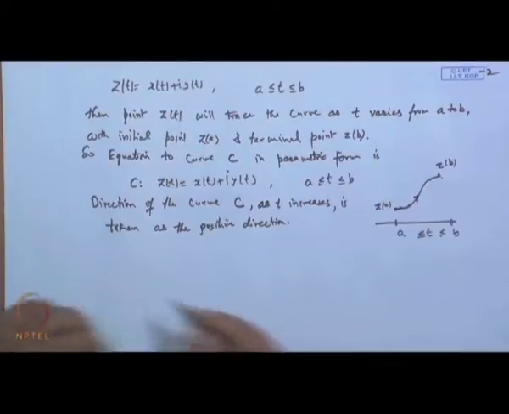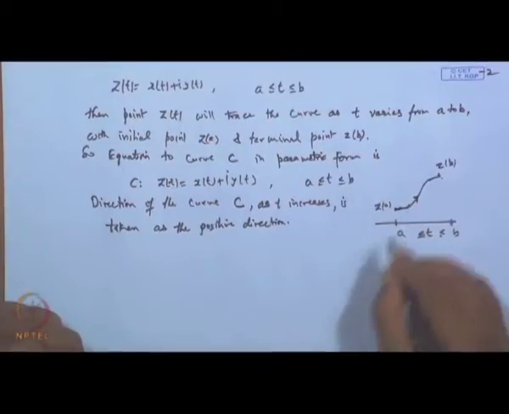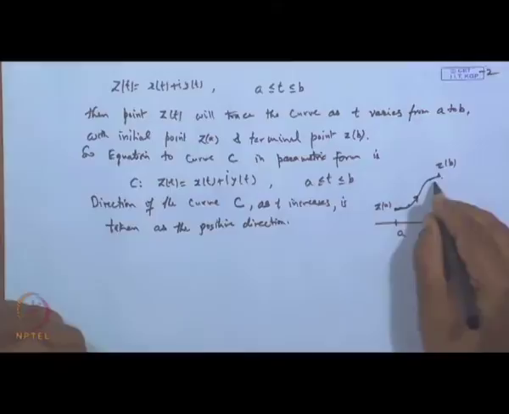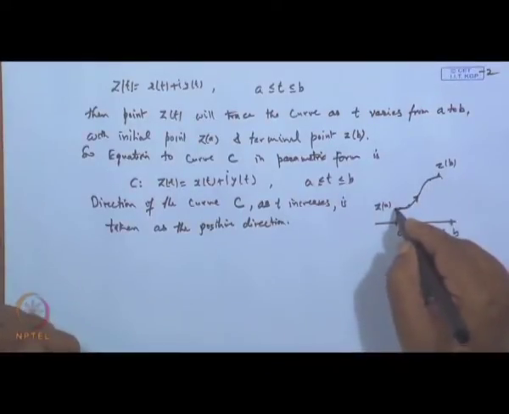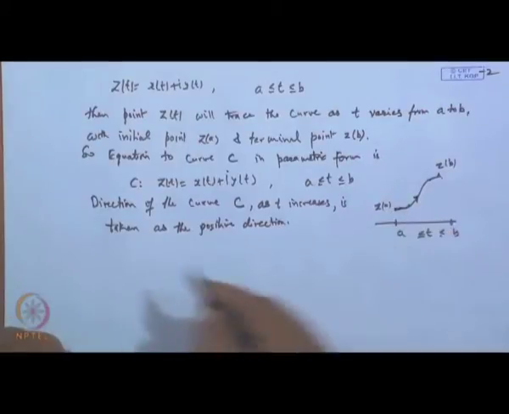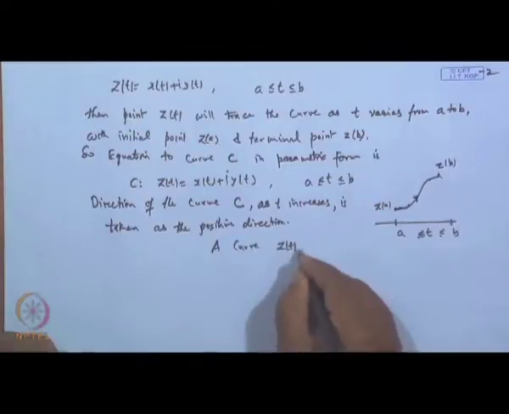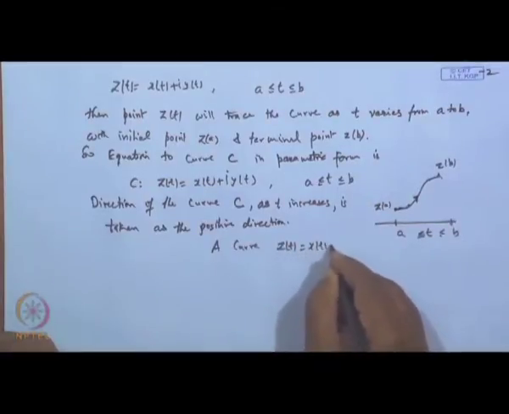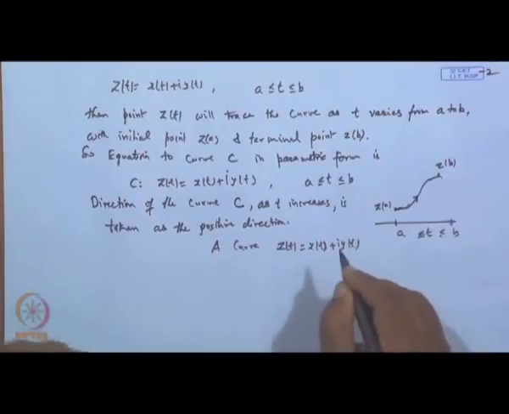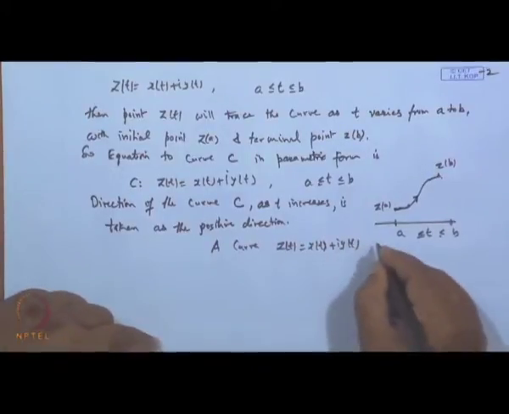Now, when the curve traces the point, if the terminal point and initial point coincide, then the curve is said to be a closed curve. So, a curve z(t), which is x(t) plus i y(t), is said to be closed